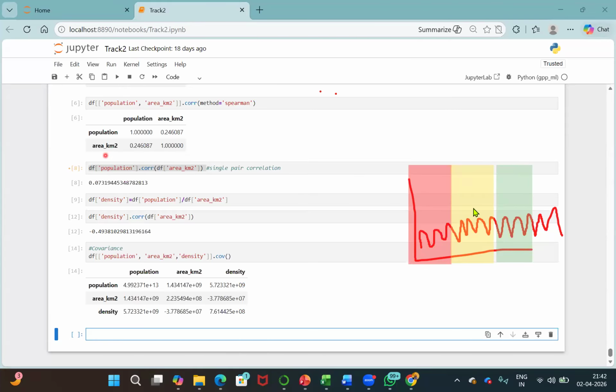Combining these, I get values somewhere like this, and then here it is increasing, then here it is something like that. So in a rolling window, it can be a moving average, a standard deviation,